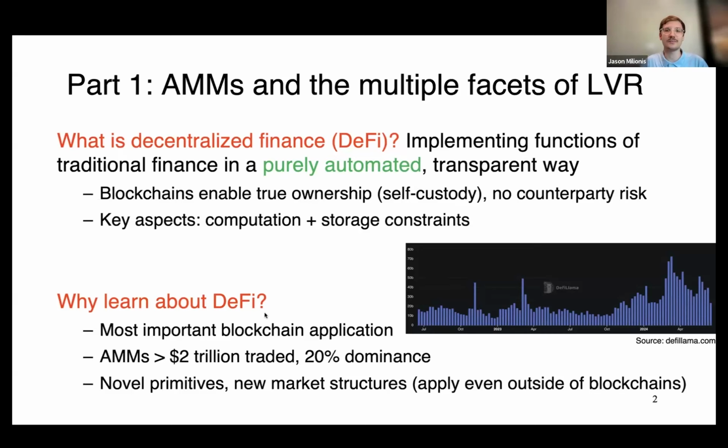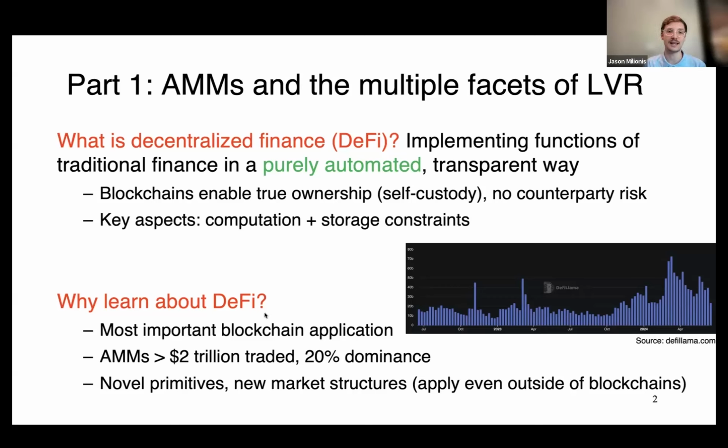So what are some of the reasons why you might be interested in learning about DeFi? Well, as we said before, blockchain protocols enable true ownership. And once you have ownership of these assets, you have the possibility to exchange one asset for another. And so naturally, you have markets that are formed. So then you have the market design problem. And the simplest version of this is when you have two parties wanting to exchange some type of assets. Automated market makers are used exactly for this problem, to exchange assets and to figure out the price at which to do so. And they're very widely used on blockchains. So more than $2 trillion have been traded on AMMs so far, and 20% of the trades on digital assets actually go through AMMs.